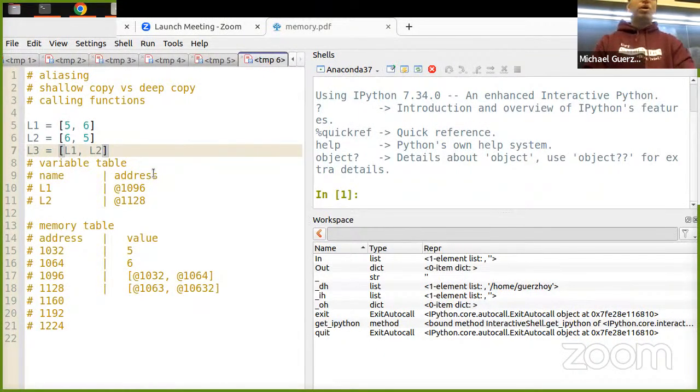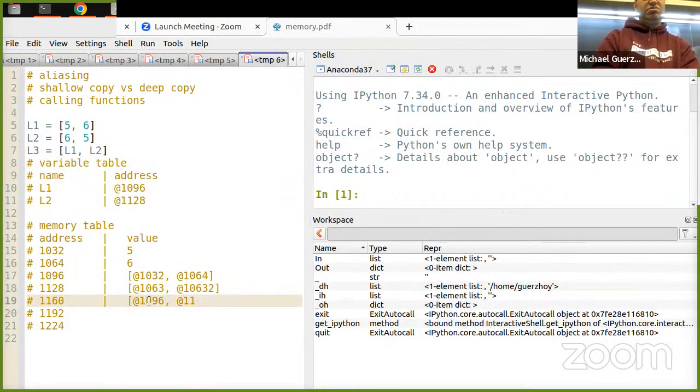So how would you handle it in terms of the memory table? Well, you take the right-hand side, and the first thing is you put it in memory. Here you would say, well, L1 is what? Just copy this, so 1096. And L2 is 1160. All right.